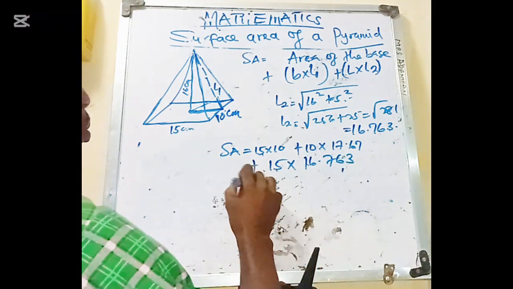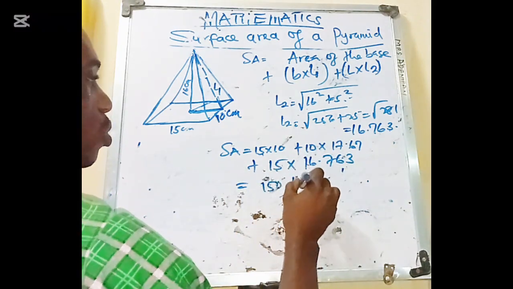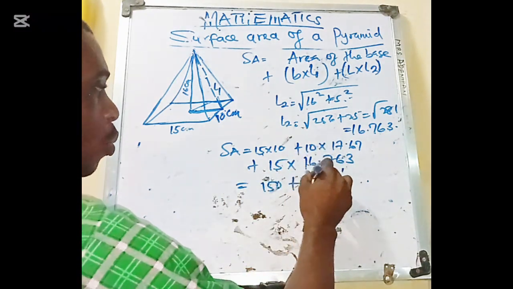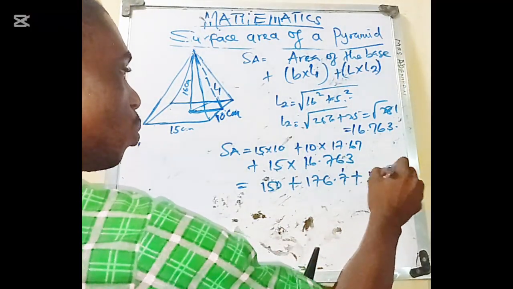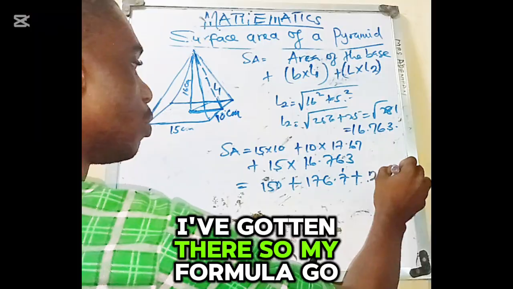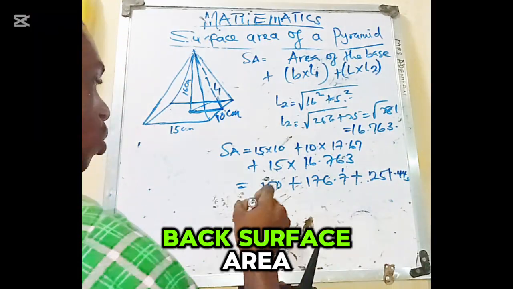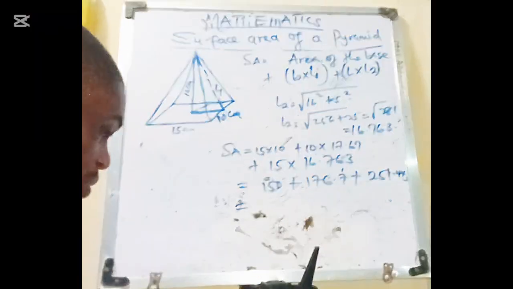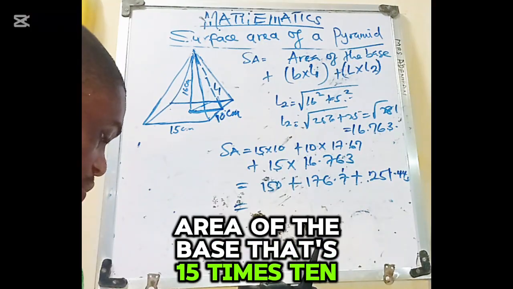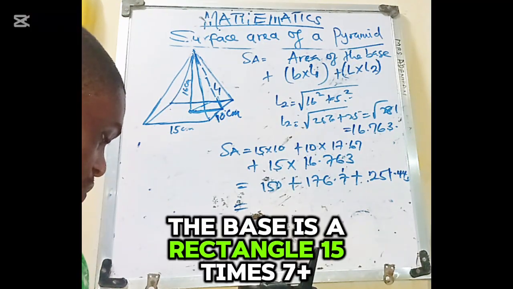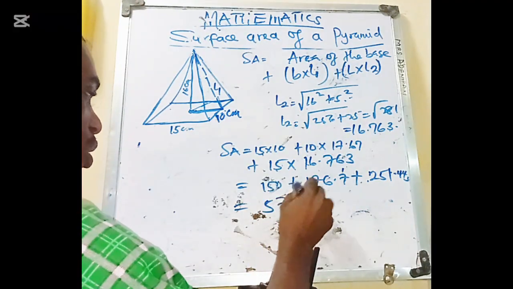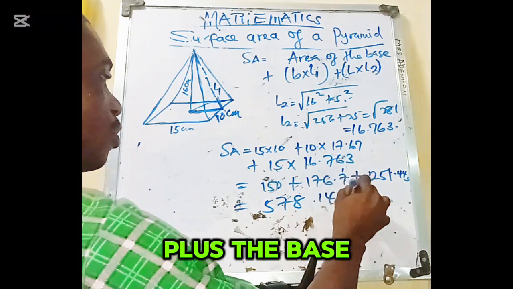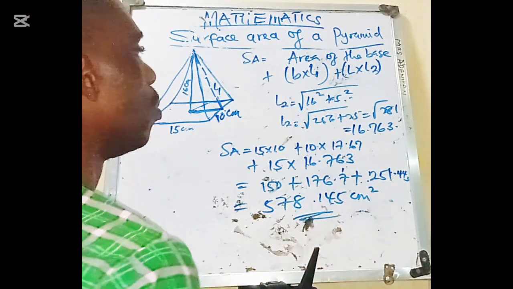So we now have 150 plus, multiplying these values, 176.7 plus 251.445. So we now add all this together: 176.7 plus 251.445 plus 150. So my answer is 578.145 centimeters squared. I believe this is